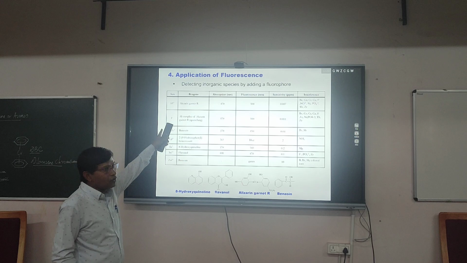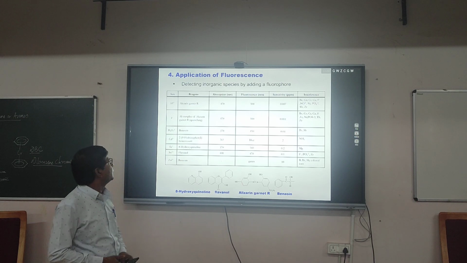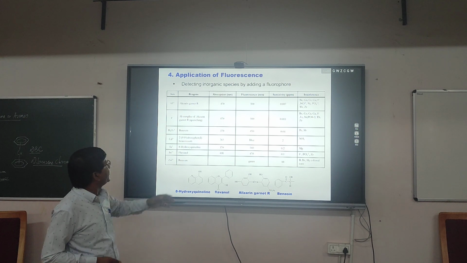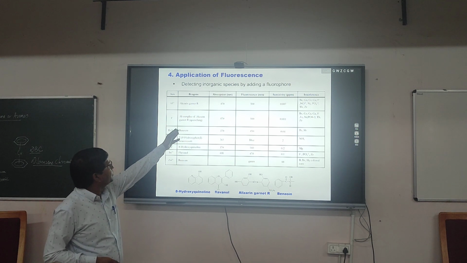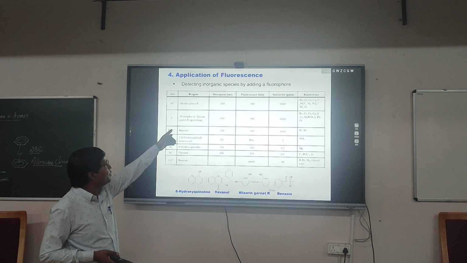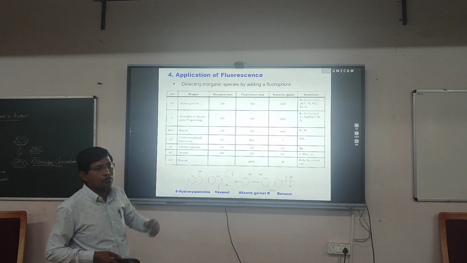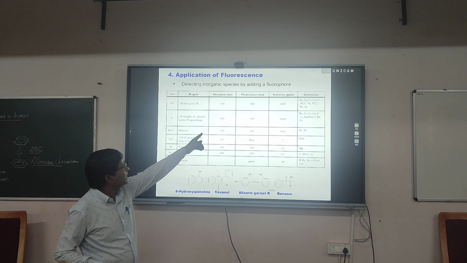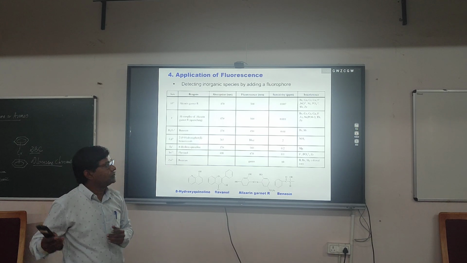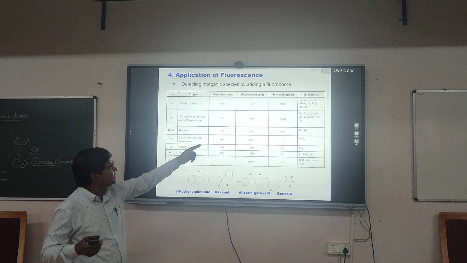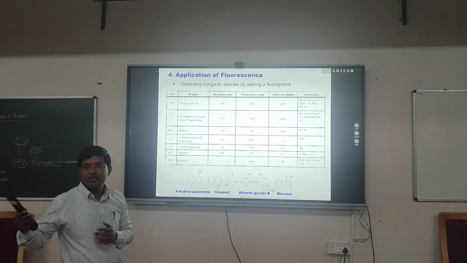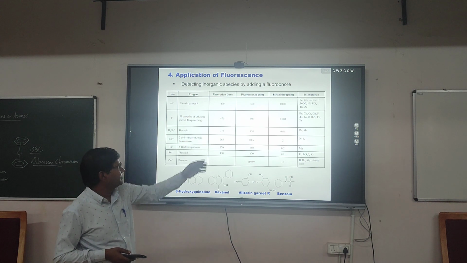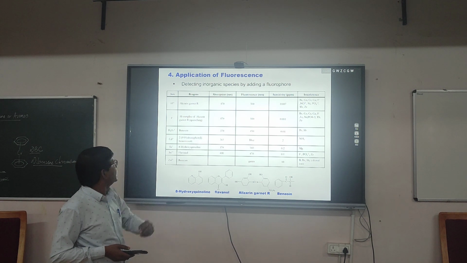So this is a fluorophore. We have to use a fluorophore to form a complex with the element. Then we have to provide an excitation radiation of 470 nanometer, and it will produce fluorescence light at 500 nanometer, and we can determine the concentration of aluminum present in the sample up to 0.007 ppm, and there is a chance of different chemical substances in the samples.